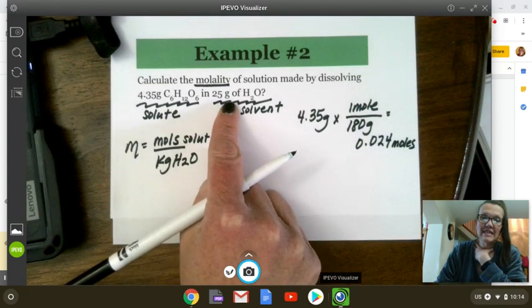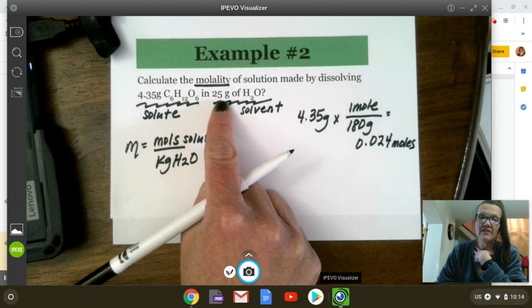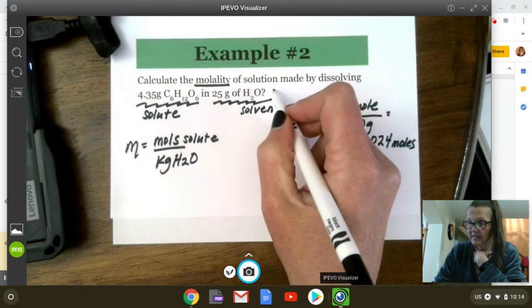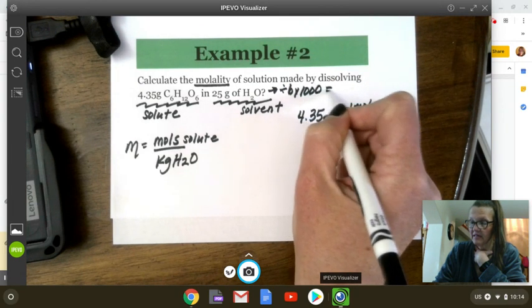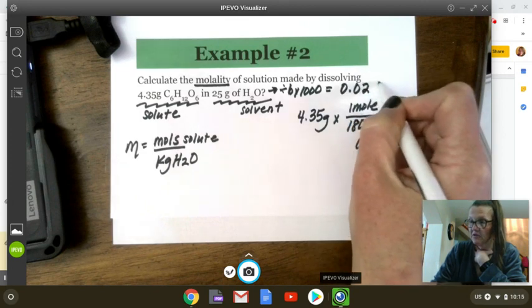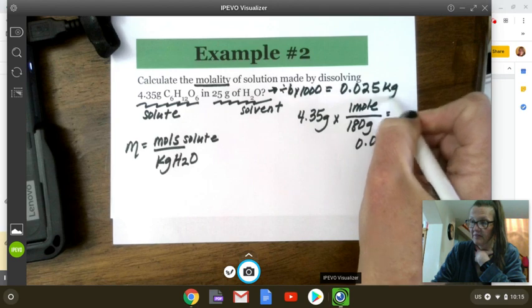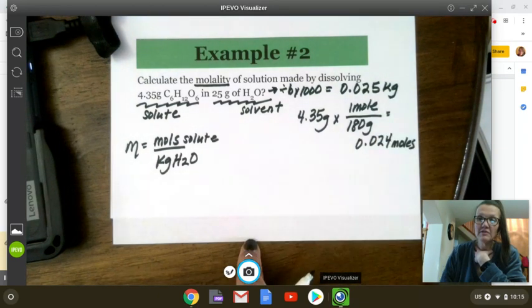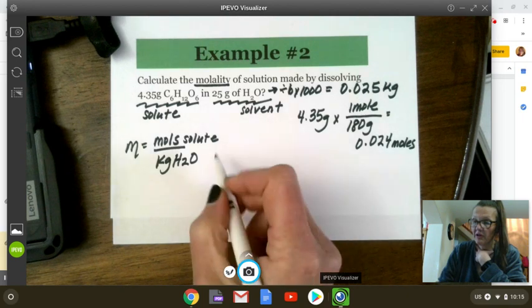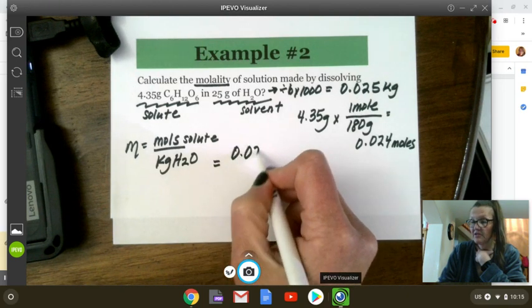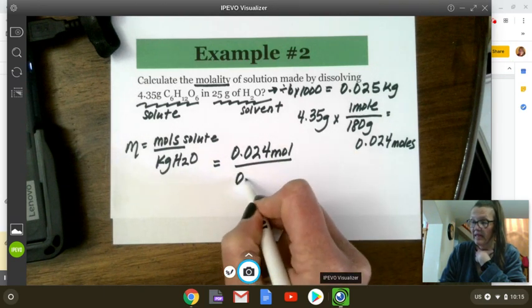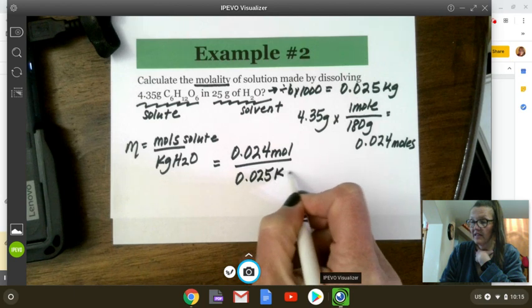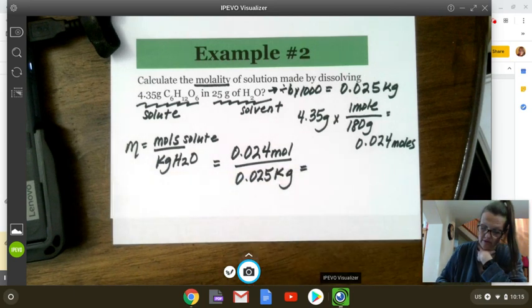All right, well, we've got our moles. Now all we need to do is get our kilograms. Remember that to convert grams to kilograms, you divide by 1,000, right? So divide by 1,000, and it equals 0.025 kilograms. So now we have our kilograms of water. We have our moles of the solute, and we're good to plug it into the equation. So we're going to do 0.024 moles divided by 0.025 kilograms. So we get our calculator out, and we get